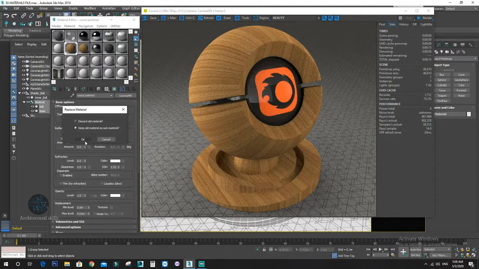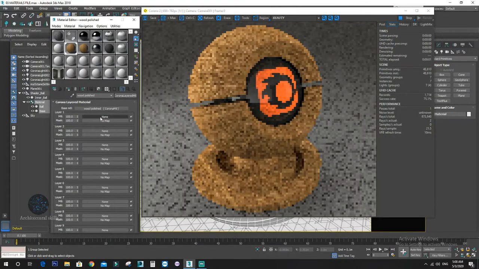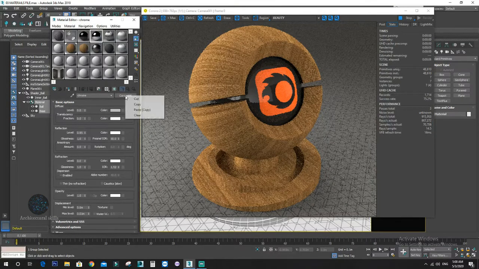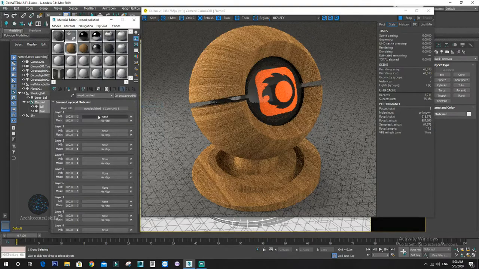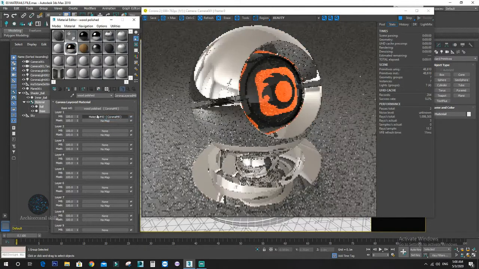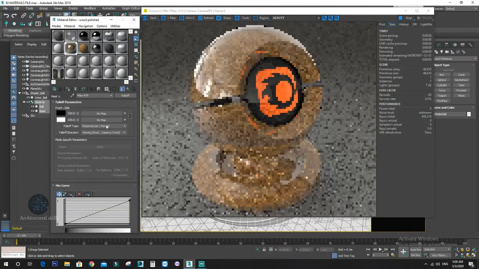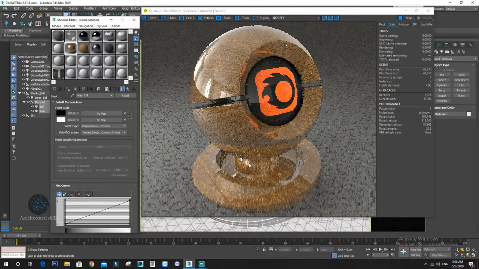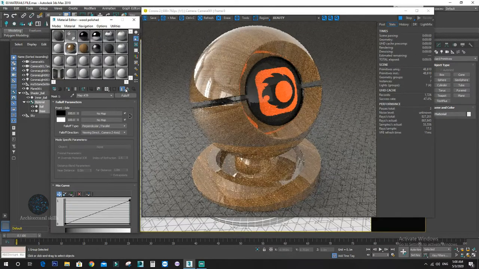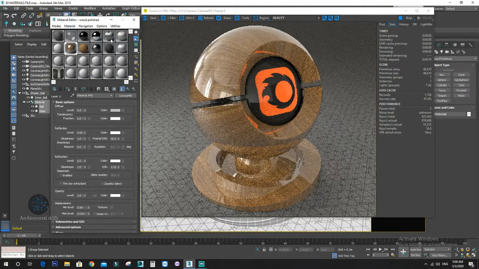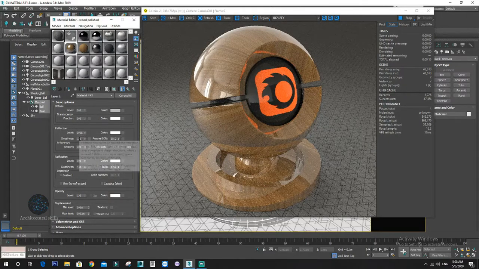Do you want? Yes, I want to keep, please. And you guessed it, in the first material I will need my chrome. Copy, and I will do it here, paste, copy, and I will do again a full of here, and you can immediately see it's really polished. Now because we have here a wood, I will not do the same thing we did here, polished steel. I will make my chrome not so mirrory,